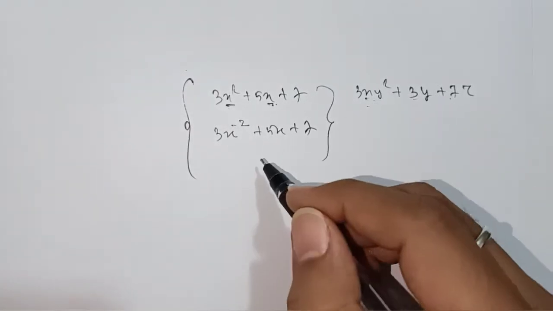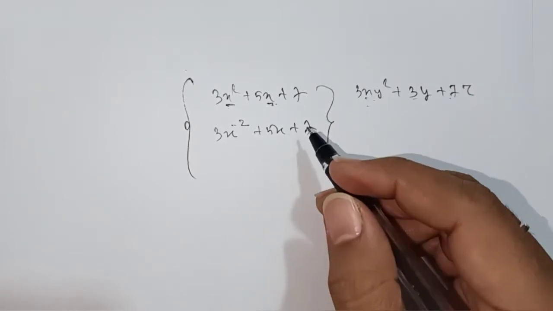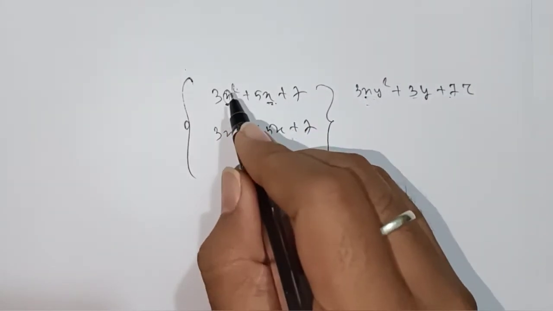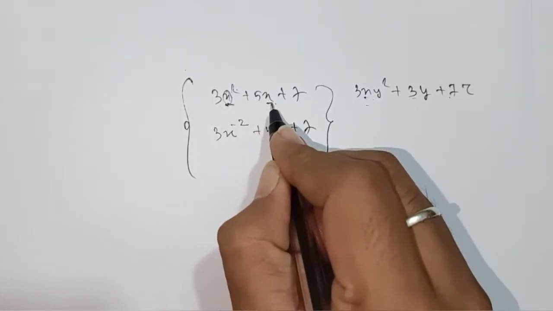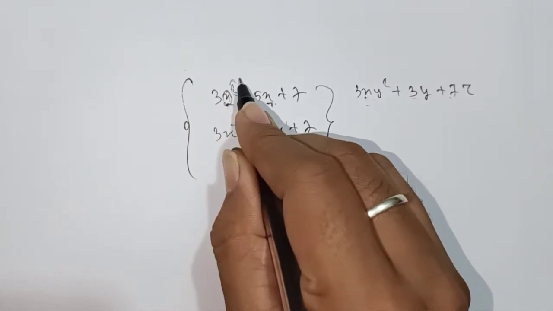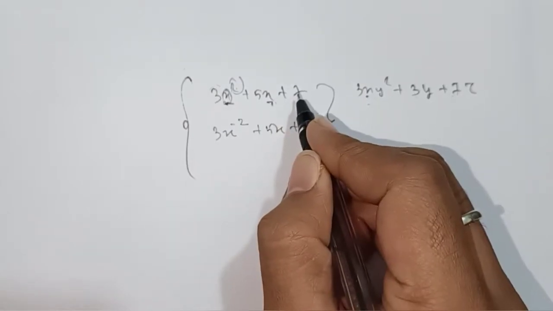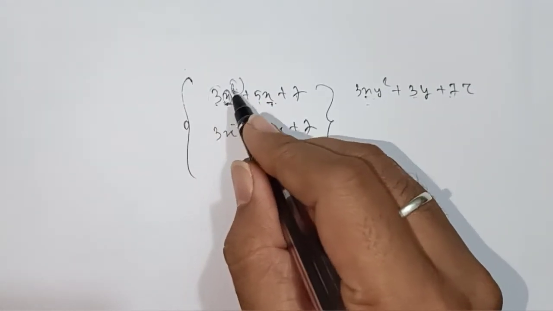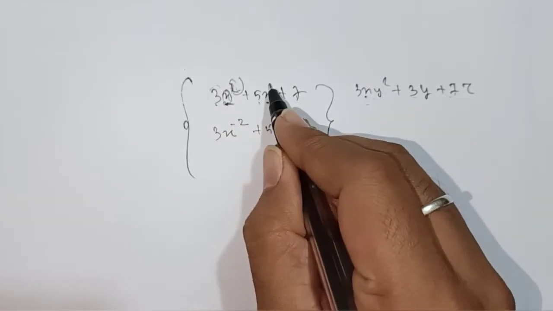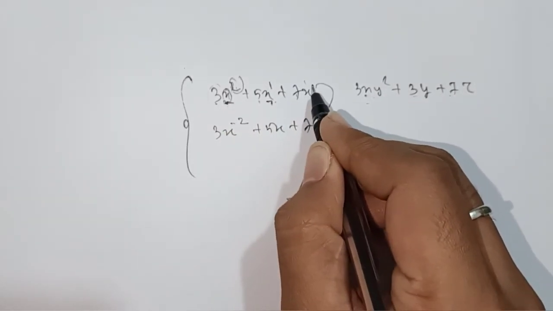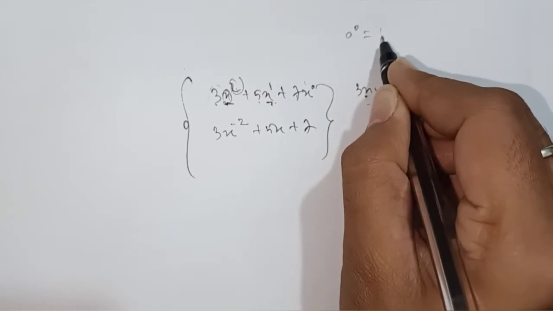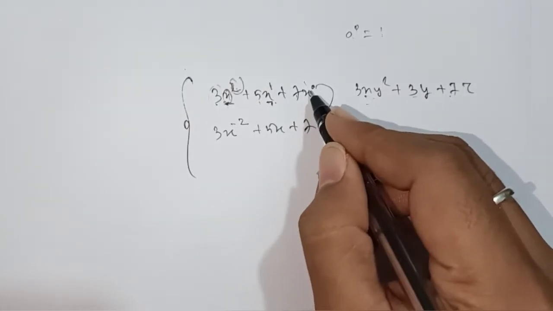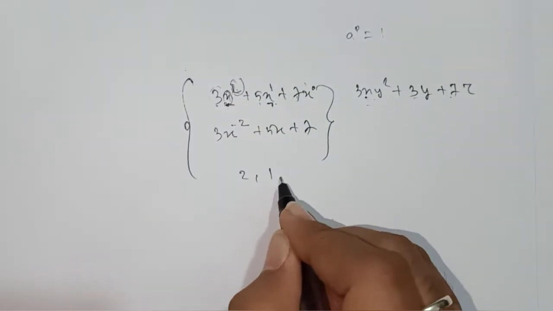But the thing is not that one variable, two variables, three variables. The thing is that you look at the variable, and then you need to see the power, that means the exponent. Here we have one variable, we look at the power of the variable. We will not care about the coefficient right now, but the coefficient should be a real number, remember. So here it is 2, 1, and nothing means x to the power 0, because we know that a to the power 0 equals 1. That's why we are writing x to the power 0, we don't show this one. Now you have 2, 1, and 0.